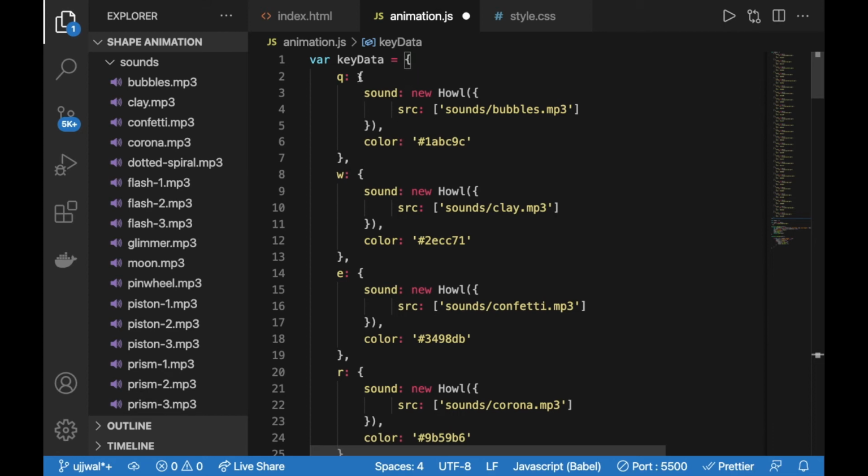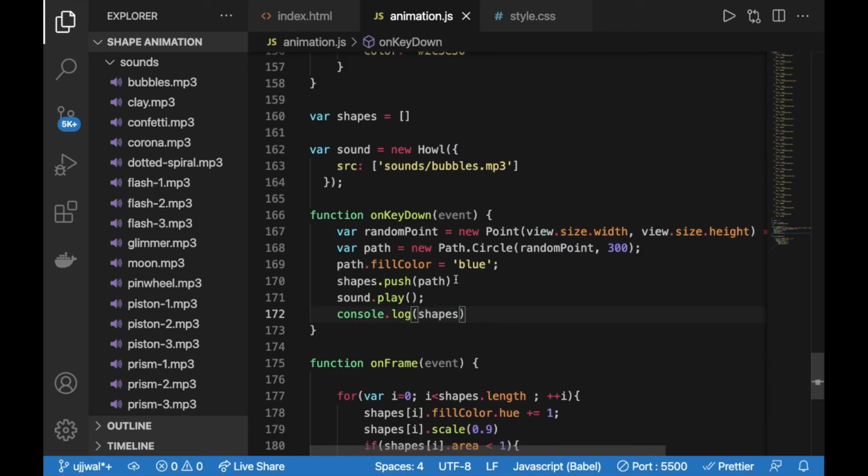And you can see here each and every object is associated with a key, and each key has a sound, in the form of a new Howl instance, and I have included these sounds. All the different keys I have associated with different sounds and a color. Now we are going to make use of this event object.